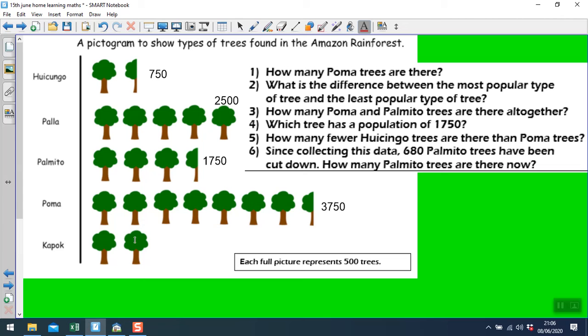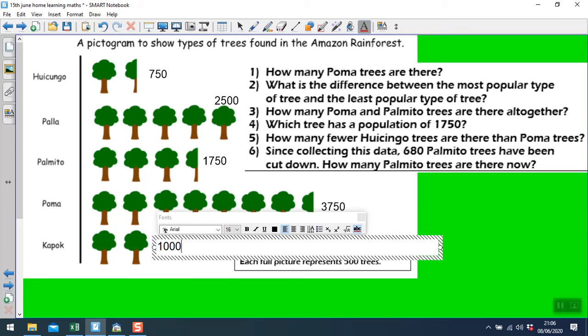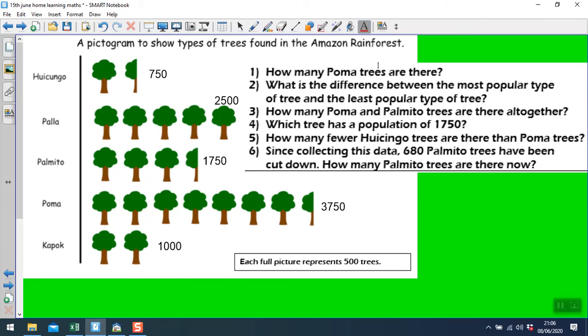And then 500 plus 500, that is 1,000. So now these will be much easier to answer. How many poma trees are there? So pause the video now while you answer these questions. So poma trees, we've got